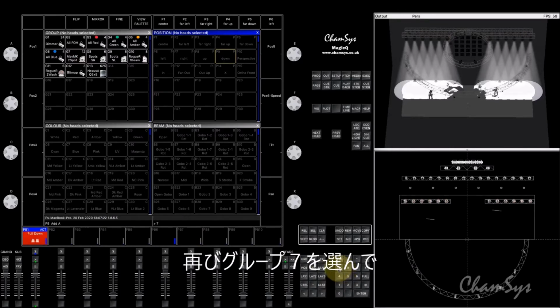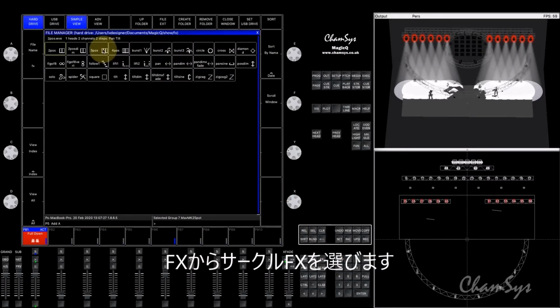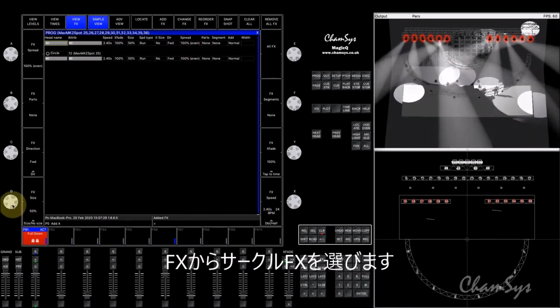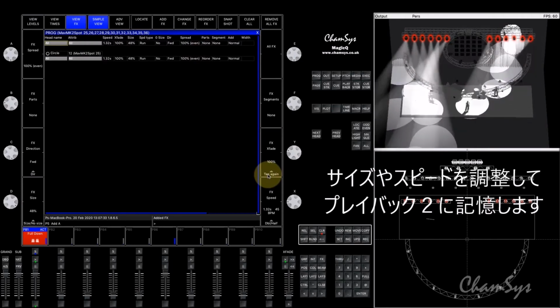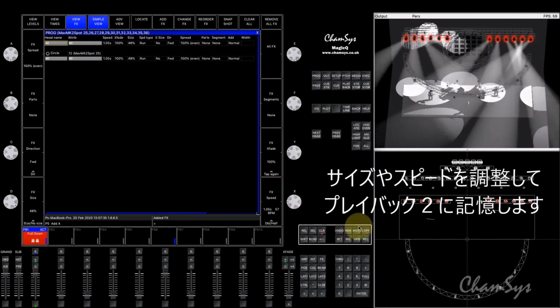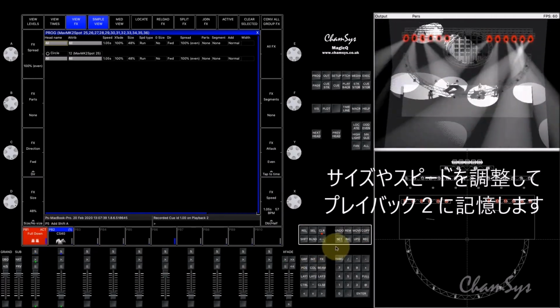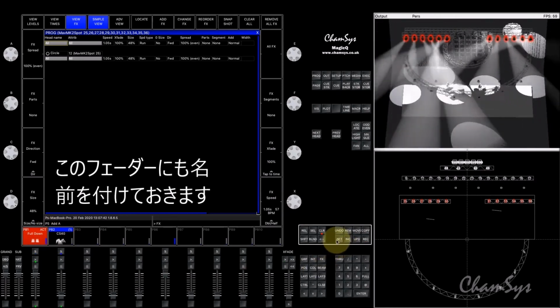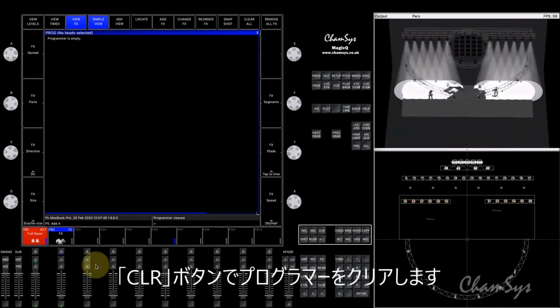Now let's take group 7 again, and we're going to select an FX. Let's have a circle position effect, and let's adjust the size and the time until we're satisfied, and then record this to playback 2, label it, clear the programmer,